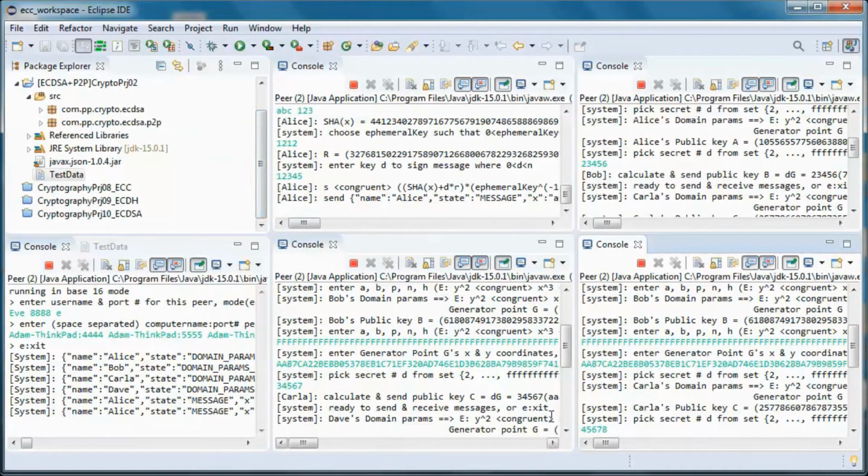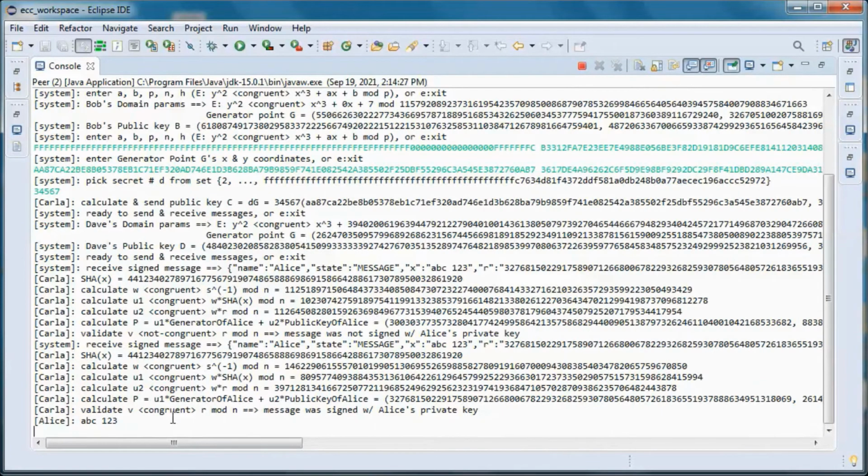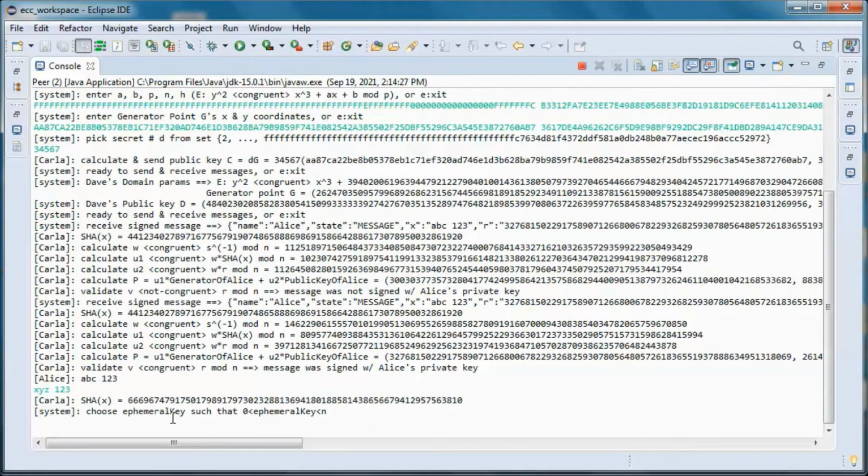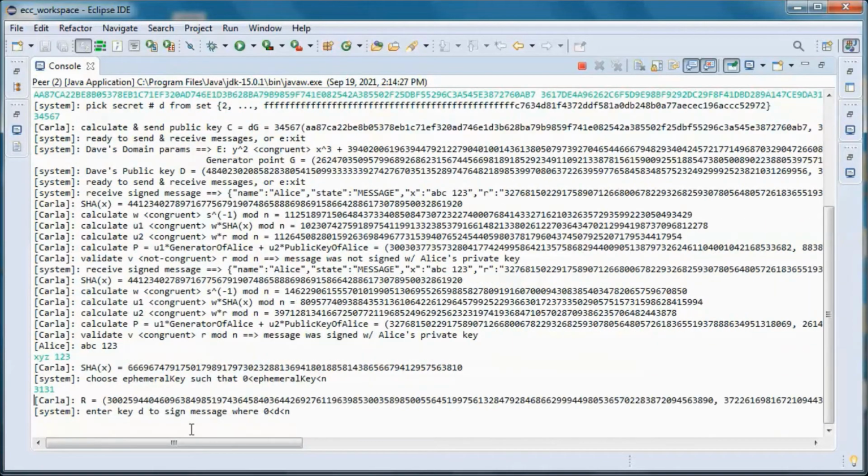And let's say Carla wants to send a message. So let's say she used this ephemeral key, and let's have her use her valid private key.